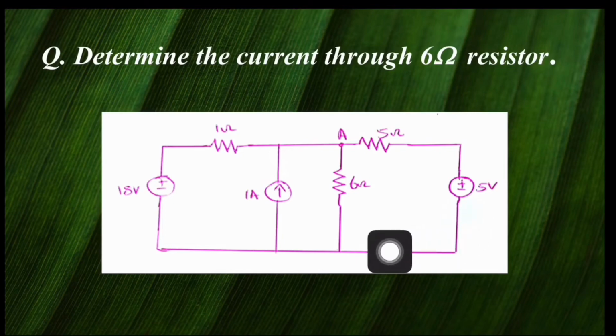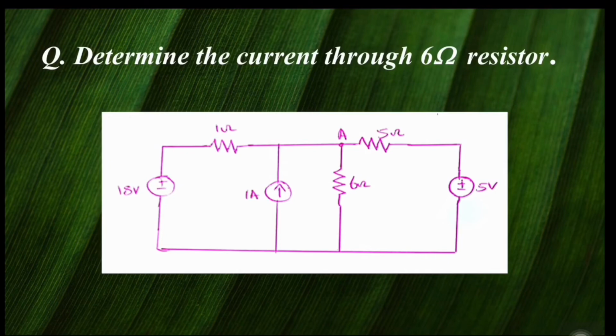Here we are asked to find out current through this 6 ohm, and we are going to apply KCL in this network for determining this unknown quantity. As you know, KCL is related to current. Hence, it is better to convert all possible voltage sources present in the network to its equivalent current source. How can we convert a voltage source to its equivalent current source? Any idea? In fact, there is a method for converting practical voltage sources to its equivalent practical current source.